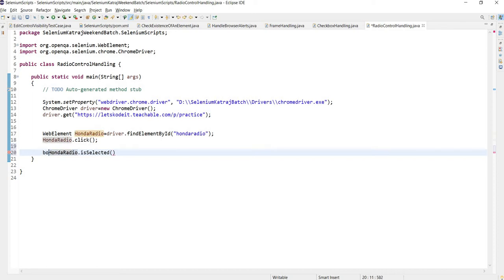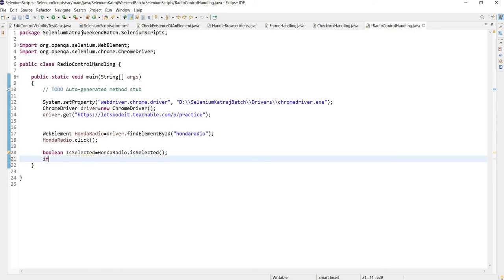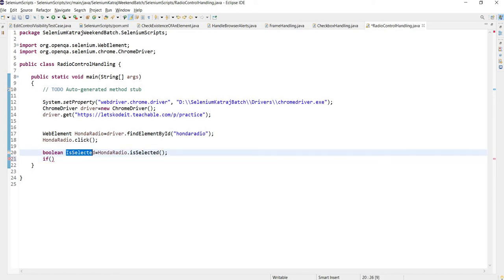I am just storing it in isSelected. Any name you can give to your variable, doesn't matter. Now there is a checkpoint here: if isSelected equals true,